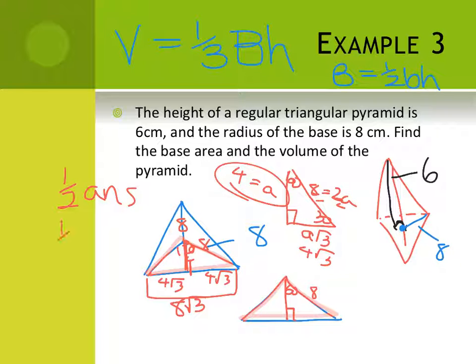So I'm going to do 1/2, 4 times the number of sides times my side length, which is going to be 8 radical 3. Can simplify this, and I will get 2 times 3 is 6, times 8 is 48. So the area of my base is going to be 48 radical 3